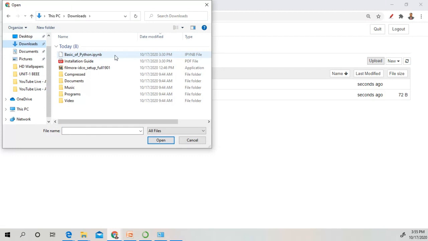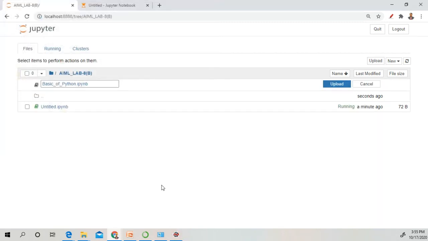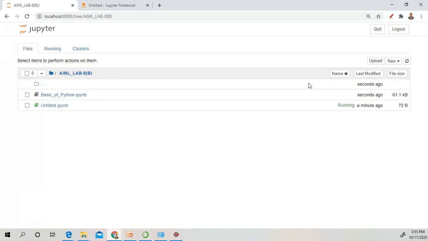In the download folder, I have sent you this basics of python.ipynb file. You just click on this ipynb file and open it. It will directly appear in your working directory and you upload it. After uploading, you will find your Python file is ready to use.